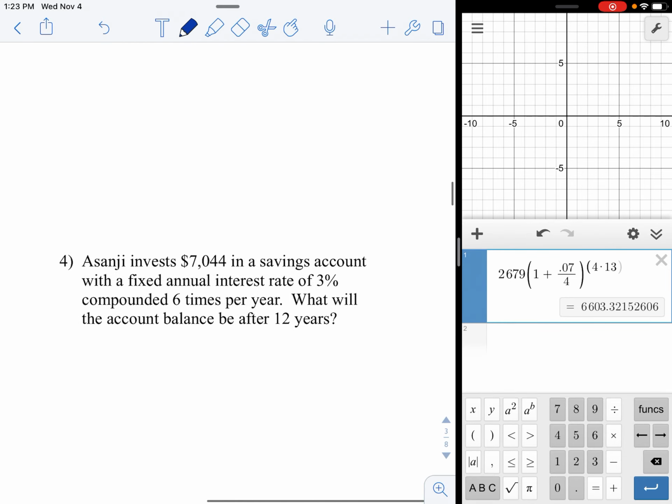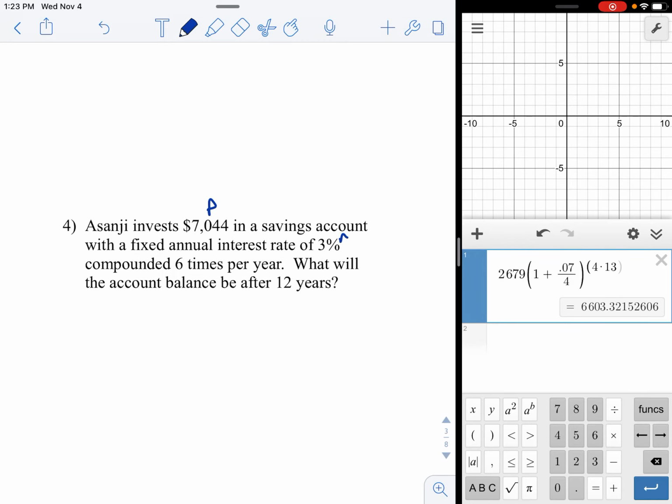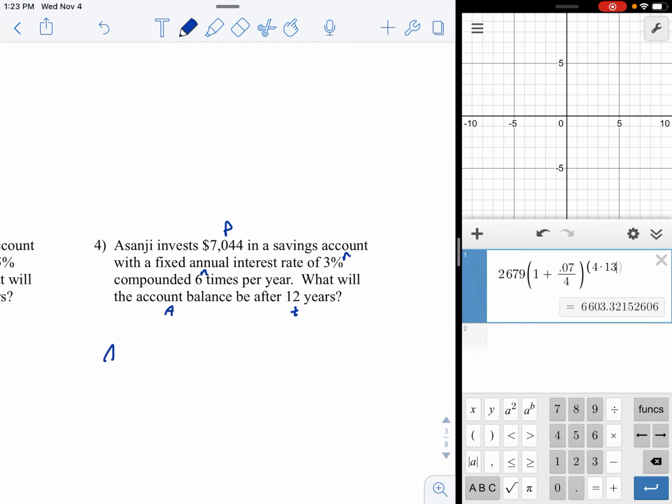All right, let's look at number 4. Same kind of a problem. We want to invest a principal amount into a savings account with an interest rate R of 3%, compounded 6 times per year, that's N. What will the balance be, the amount, that's what we're looking for, after 12 years? 12 is the time. So A equals